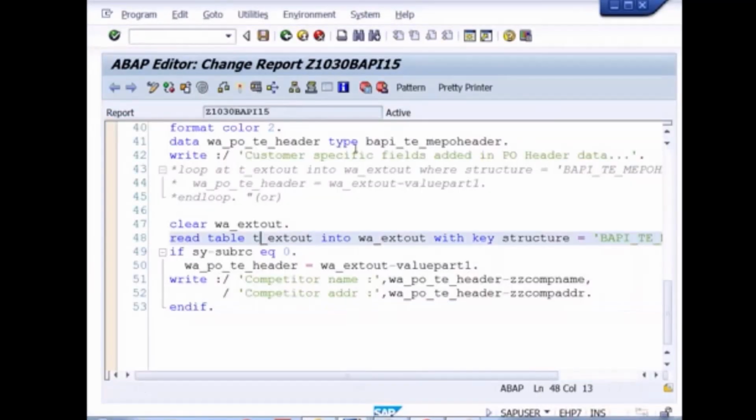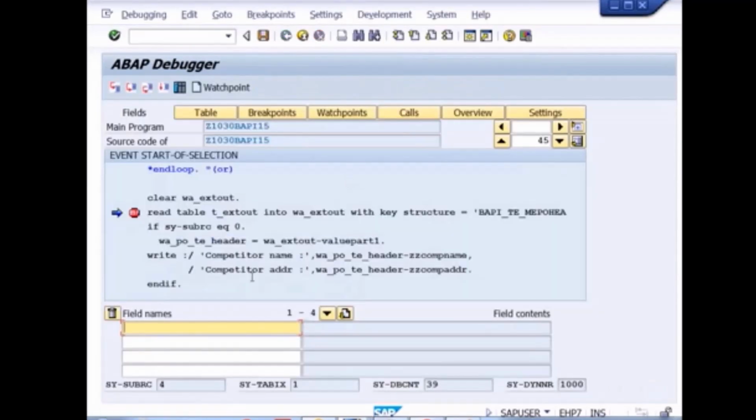Okay, so if I put the breakpoint here, to see this W_extension_out, not necessary. Let me read it. So I got the data into W_extension_out-value part 1. It contains a combination of commutator name and so on. And if you see this one,